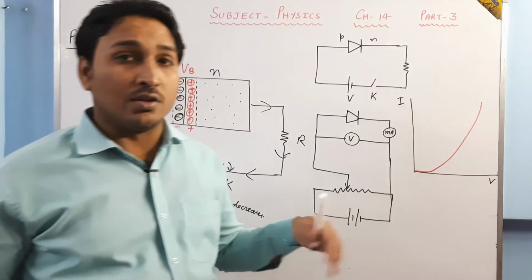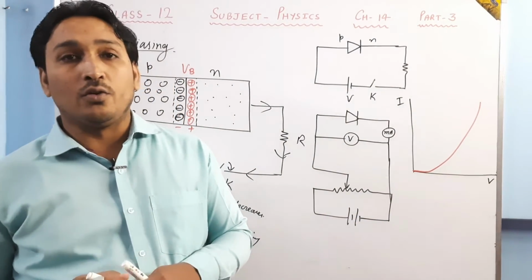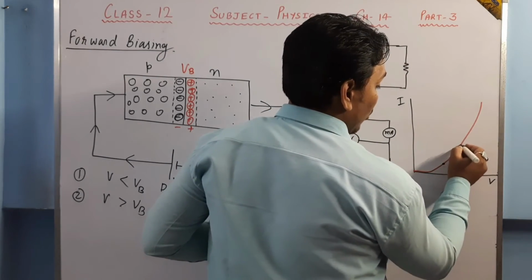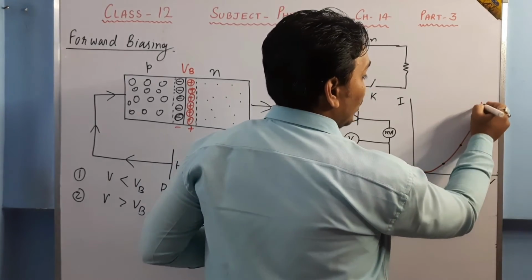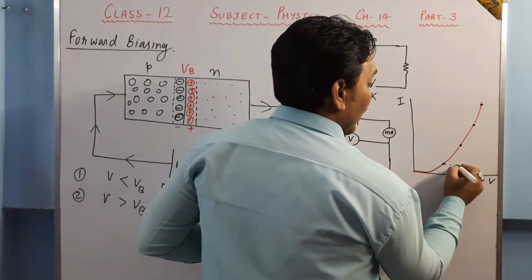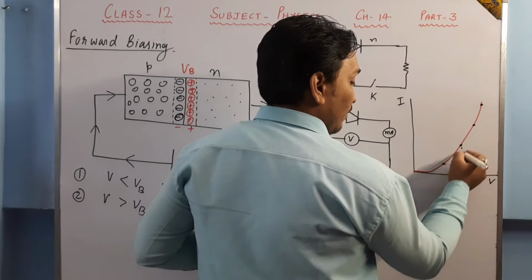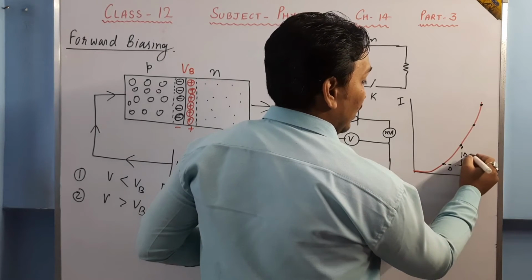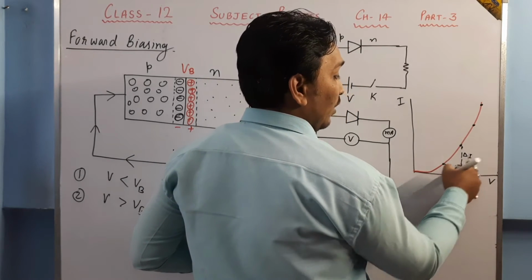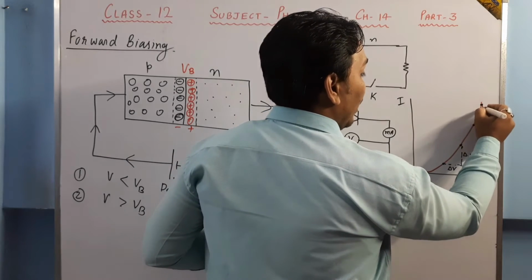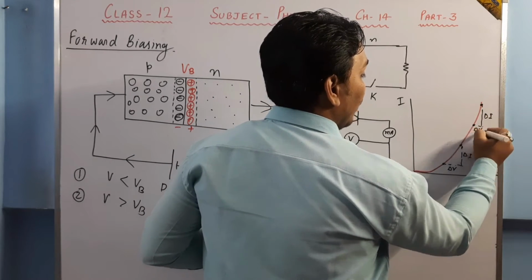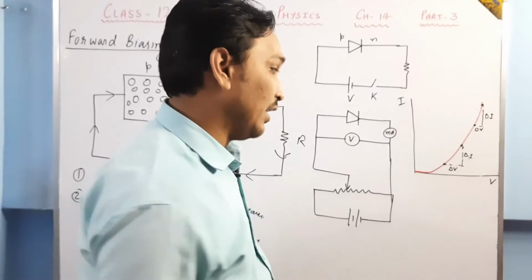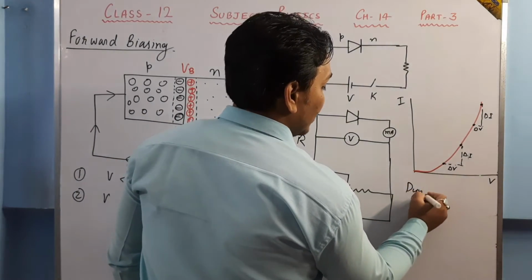So basically PN junction does not follow Ohm's law. Moreover, if we calculate resistance, from this point to this point, resistance is something else. From this point to this point, resistance is something else, because if you take the slope of the graph between these two, it is delta V upon delta I. Here delta V upon delta I is something different, and for this other point, delta V and delta I are something different. So basically resistance is not constant, and that's why we call it dynamic resistance.